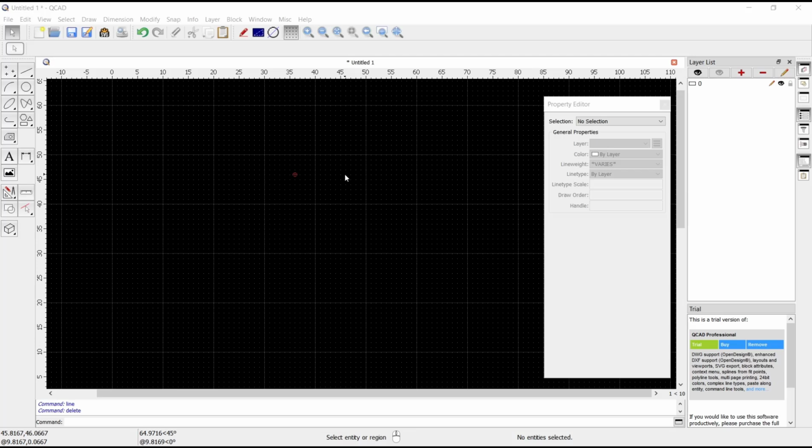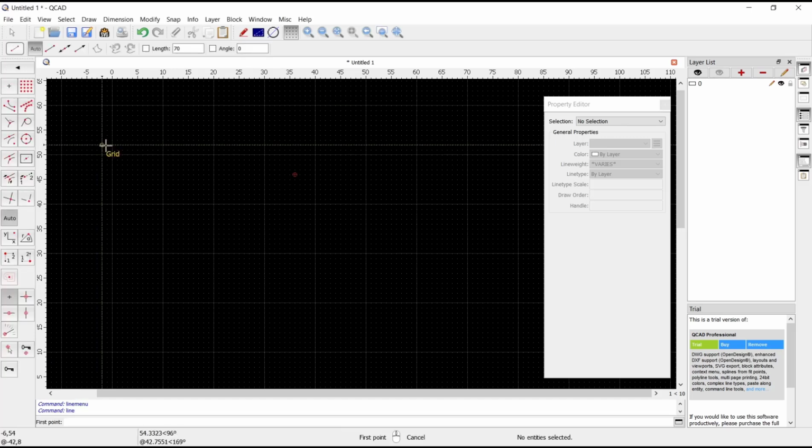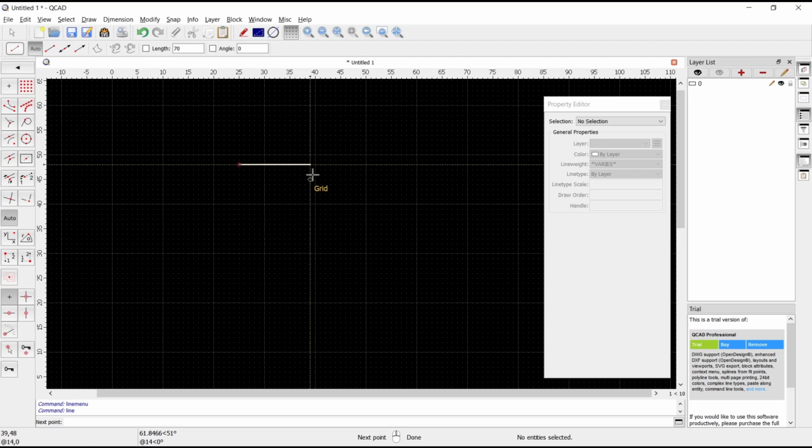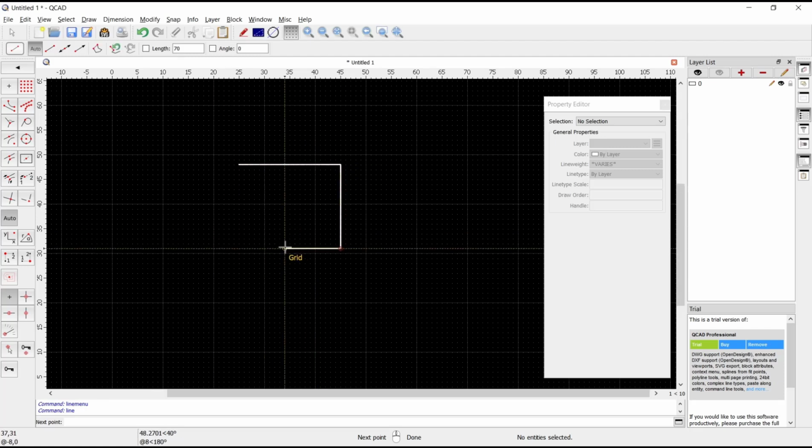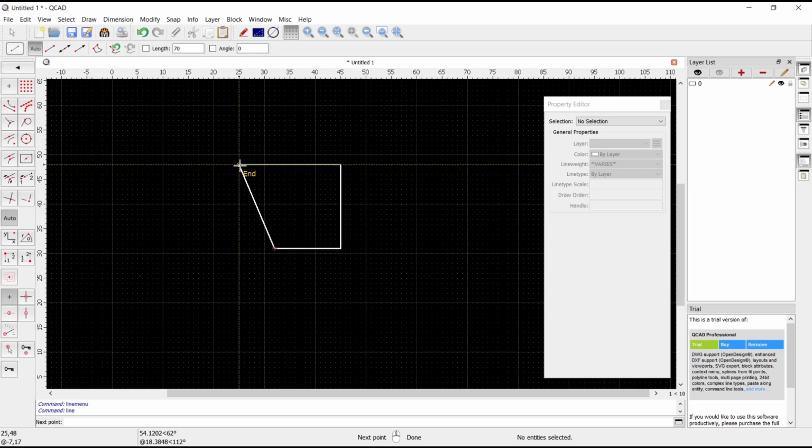First I will draw lines with these tools, lines from 2 points. We click in here, press the Ctrl button to create a straight line, and press the Escape button to close.